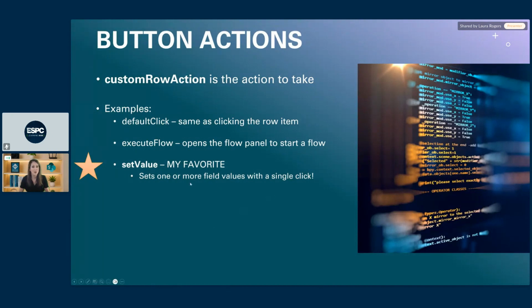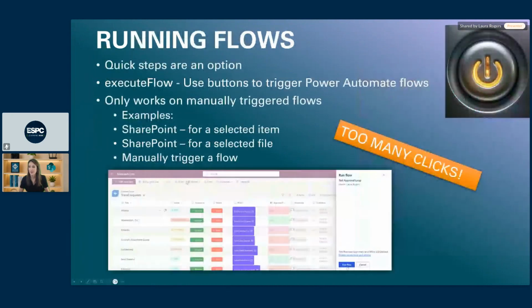So this is the one that I was referring to. Let me show you why you wouldn't want to do this. When you're running flows, with the action that runs the flow, you have to give it the GUID of your flow. Each flow has this long unique ID. So this is where we'd have to provide the GUID, and then someone would click the button, the panel pops up, and then they would click run flow. This is what I don't like to make the end users do.